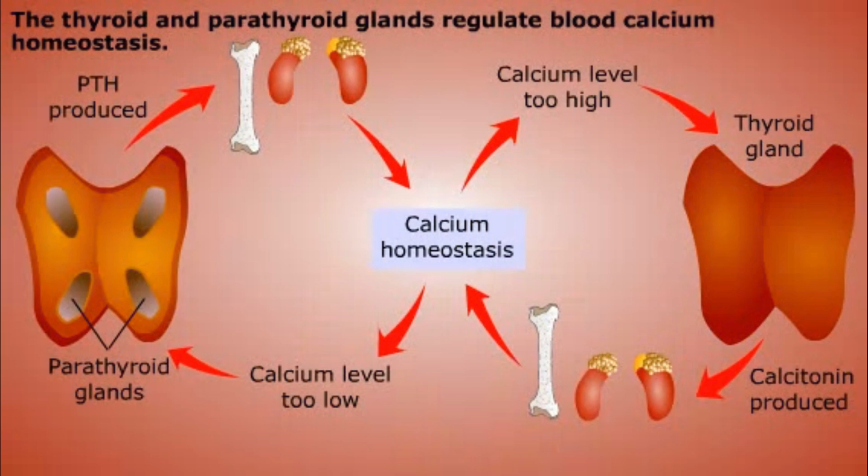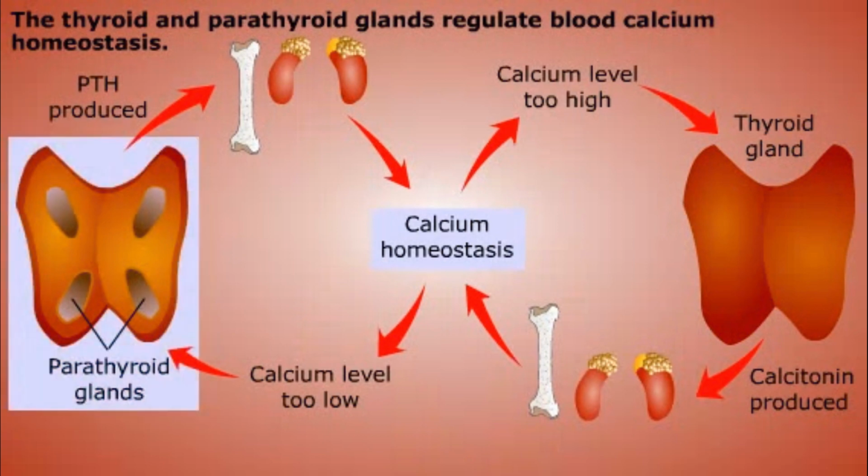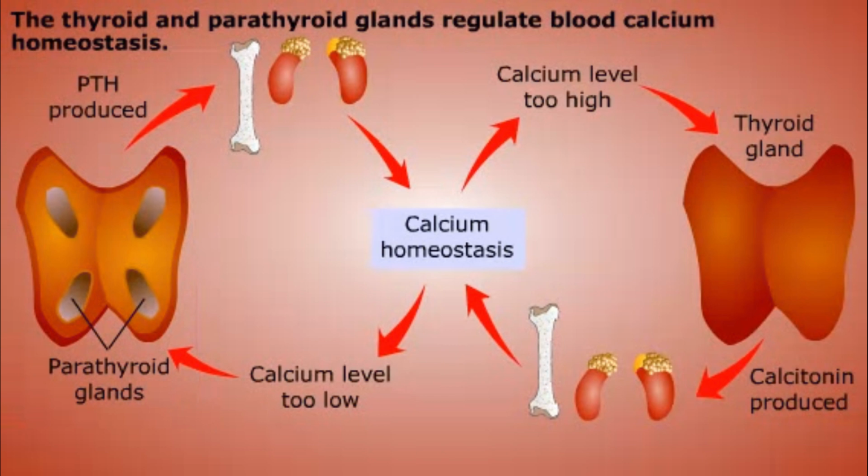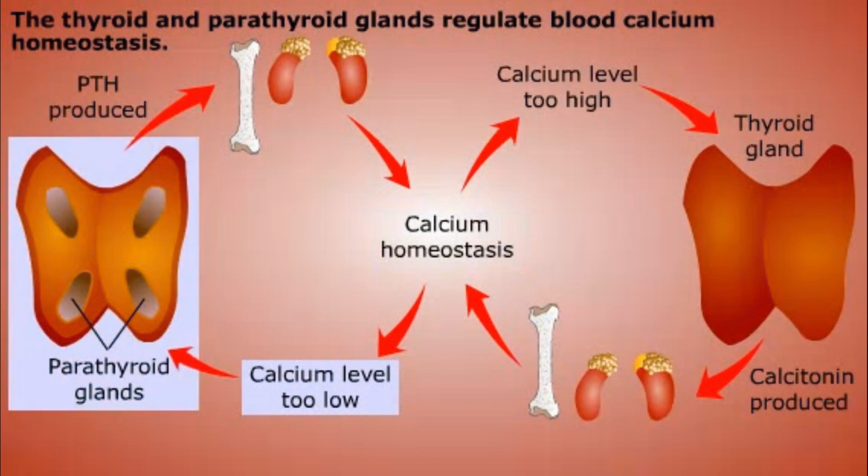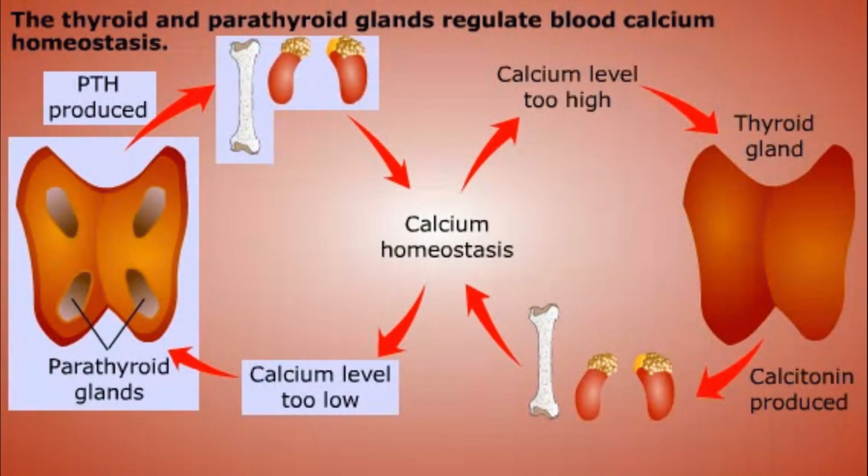Calcium homeostasis is also regulated by the 4 parathyroid glands embedded in the surface of the thyroid gland. The regulation of blood calcium levels is a good example of how two antagonistic hormones work together to maintain homeostasis. When the blood calcium level is too low, the parathyroid glands secrete parathyroid hormone, or PTH. This raises the blood calcium level by stimulating the bones to release calcium, and by increasing calcium uptake by the